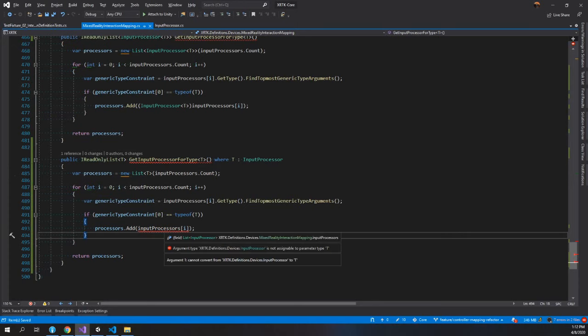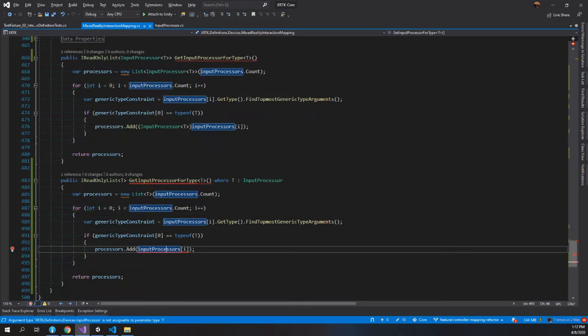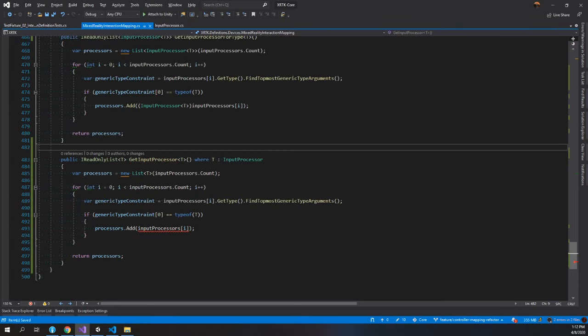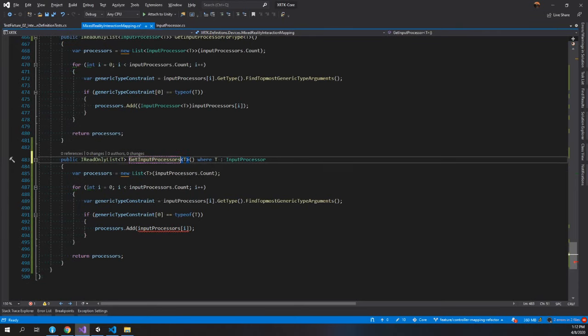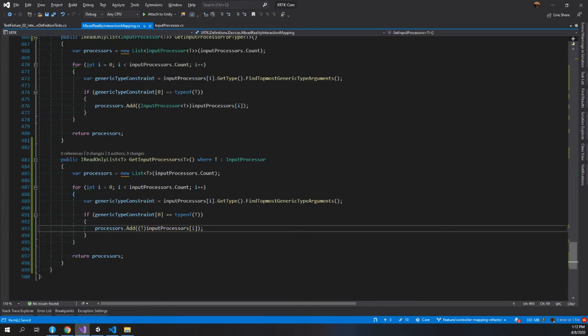See, it's still gonna get mad. Oh yeah, we need to change the name. And then here, I think we still need to cast to T. Yeah, that's what I thought. This is where the constraints come in handy. Love working with generics. Generics in C# is definitely one of my favorite things,